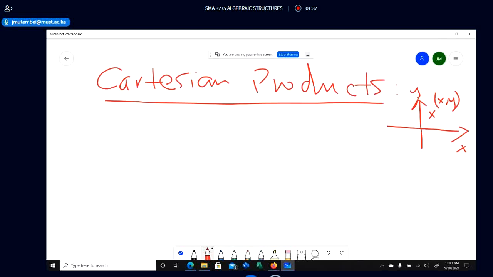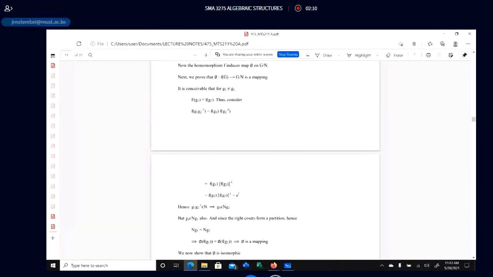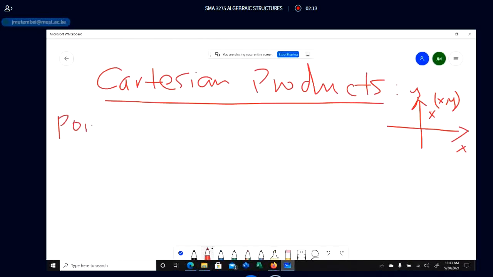On the Cartesian plane, it is understood that when you give the coordinates of a point as x, y, x is the x coordinate and y represents the y coordinate. Now if you do this from set theory, x is a member of set X and y is a member of set Y. So we can say that points on a Cartesian plane